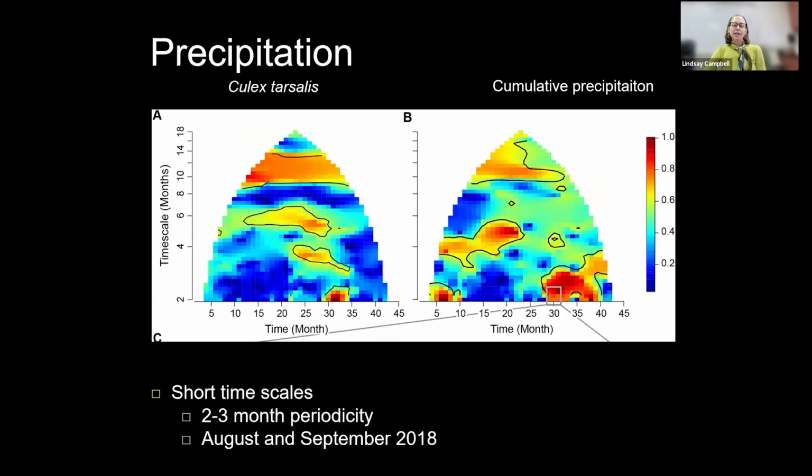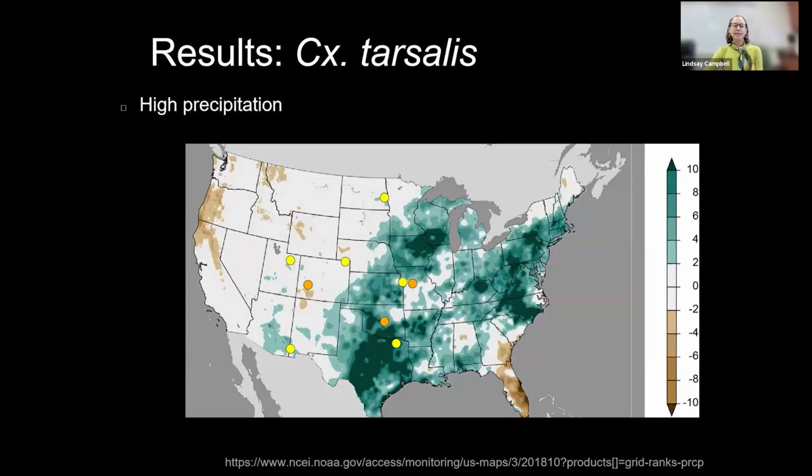So I decided to go ahead and take a look and see if there's anything that looks unusual or different about this specific time period, with the cumulative precipitation and the Culex tarsalis mosquitoes. And what I was able to see going back and taking a look at some NOAA maps